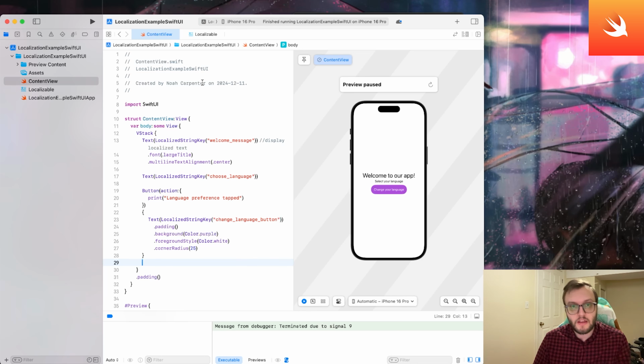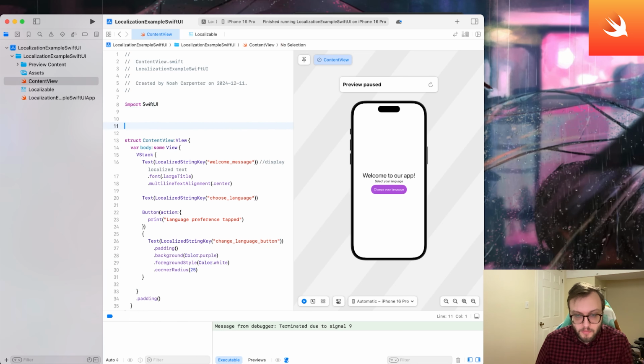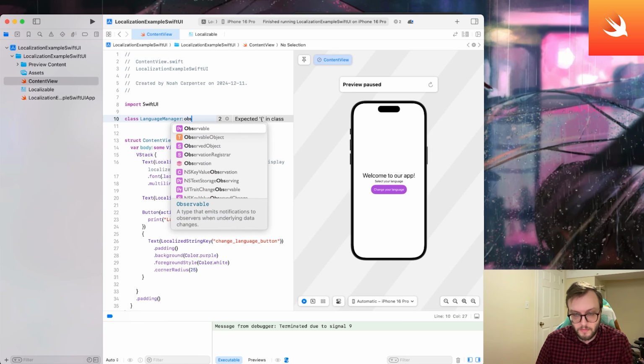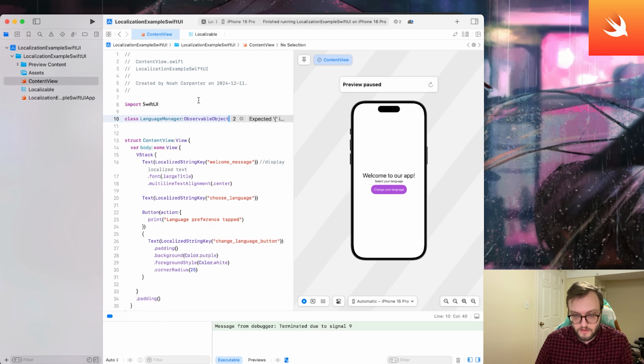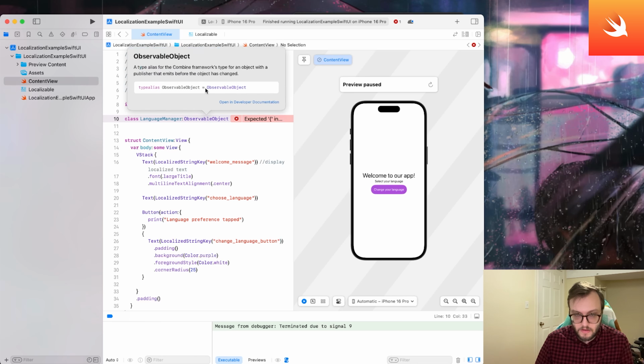So what we can do is create a new class. Above my structure and under my import of SwiftUI, I'm going to create a new class, and I'm going to call it LanguageManager. We're going to have this conform to ObservableObject. If you want to learn a little bit more about ObservableObject, you can Option-click. So this is a type alias for the Combine framework's type for an object with a publisher that emits before